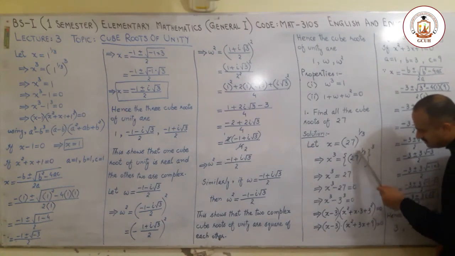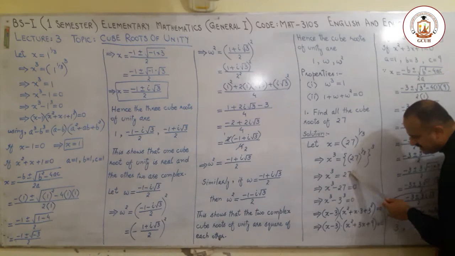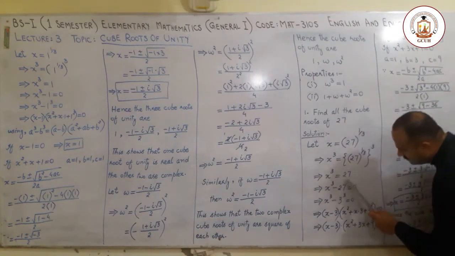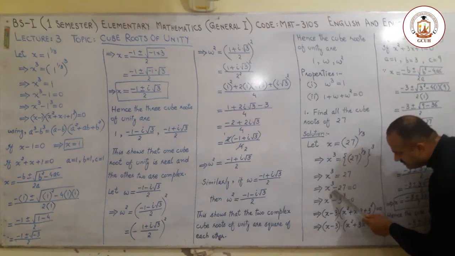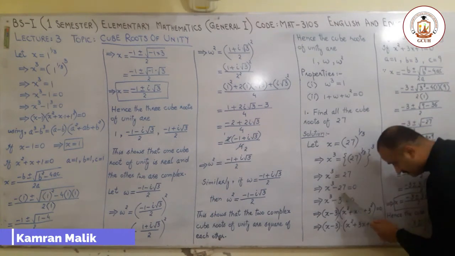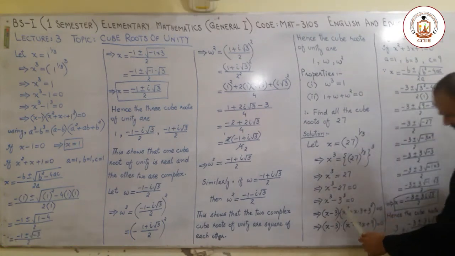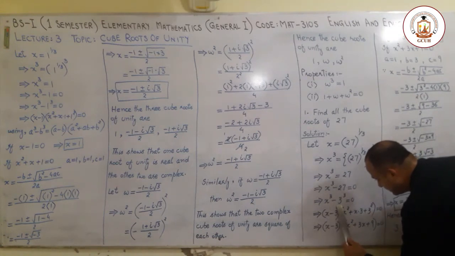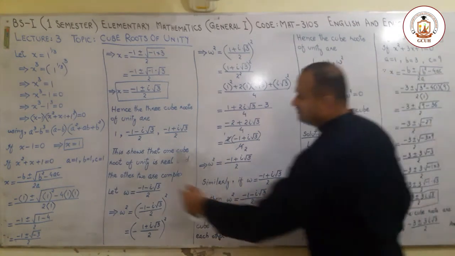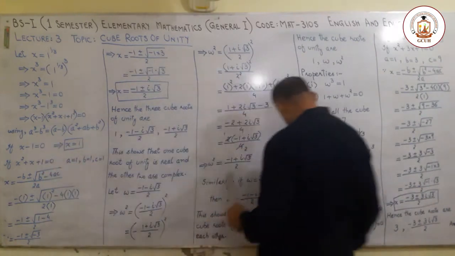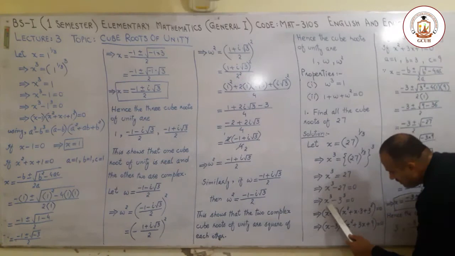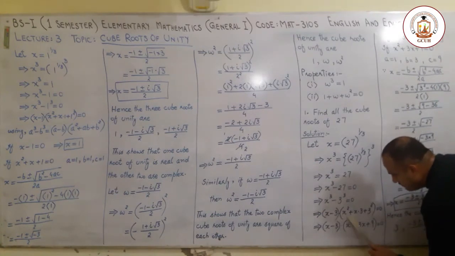Now these powers are simplified, so the 3 will cancel and only one power will remain on 27, which does not make any change here, and we shift 27 to the left hand side, where it becomes minus. Now 27 can be written as 3 cube. So the expression on the left hand side gives two factors using a cube minus b cube. So here it is x minus 3 into x square plus x into 3 plus 3 square.